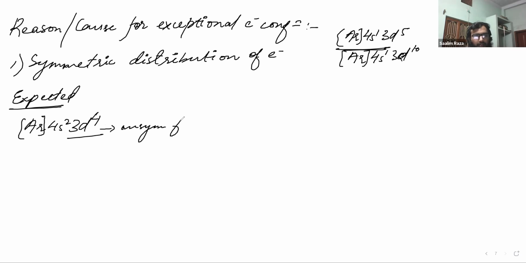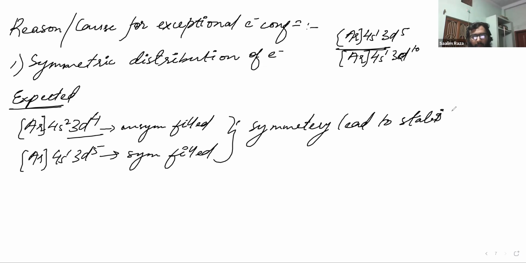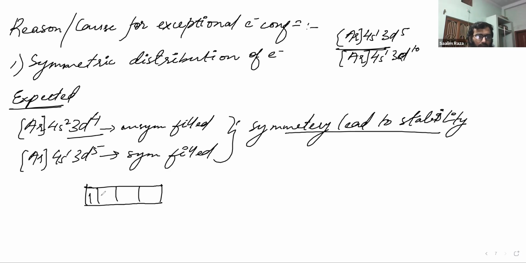But argon 4s1 and 3d5 is symmetrically filled. And in nature, symmetry leads to stability. The same is true for electronic distribution. So if the electrons are distributed symmetrically, that is, if we have 3d5, how will the d subshell look? 1, 2, 3, 4, 5. Each orbital will be